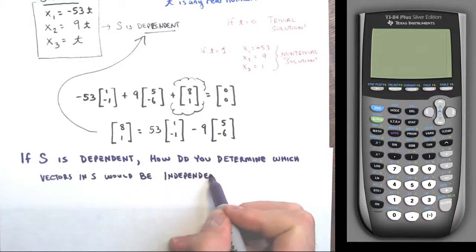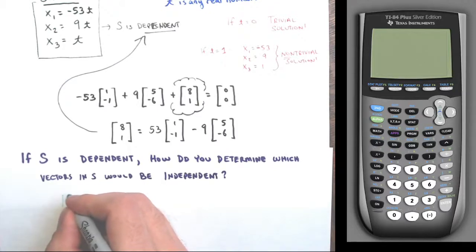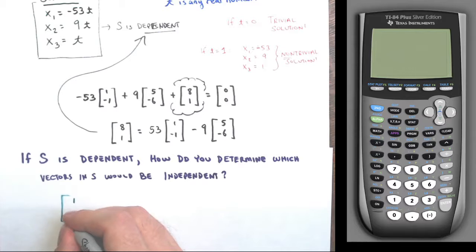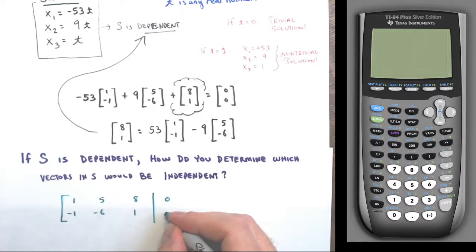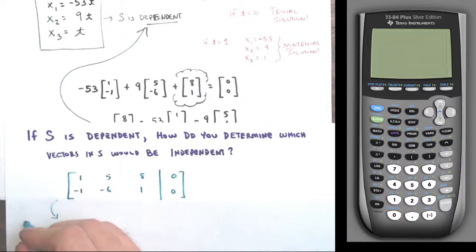And this involves putting that matrix A in reduced echelon form. So remember, I started off with, now this time I'm not going to write the, I'll write the zeros on the other side, why not? So this time I write 1, -1, 5, -6, the 8, 1, and then that same matrix we had earlier. And when I put this into the reduced echelon form,